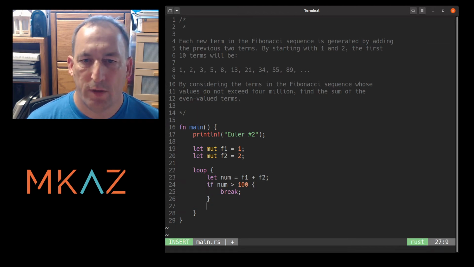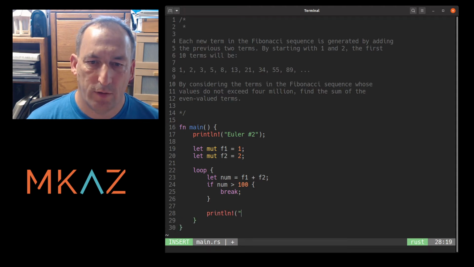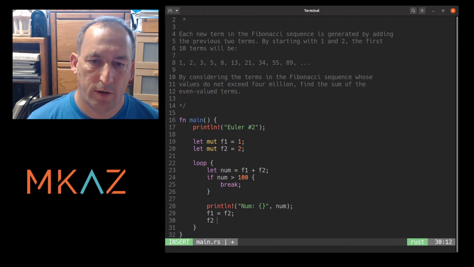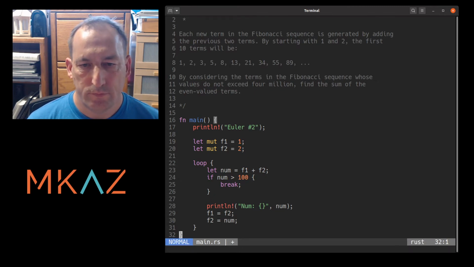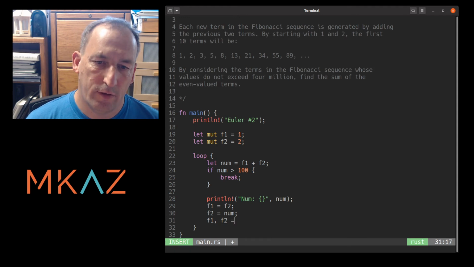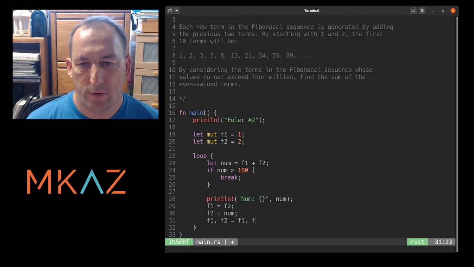And we'll do our sum there, but right now I just want to print this out and make sure we're doing the sequence right. Num, let's print out what we have, and we need to do the next. So F1 is going to equal F2, and then F2 equals num. You kind of want to do it like this, equals F1, F2, F1 plus F2,